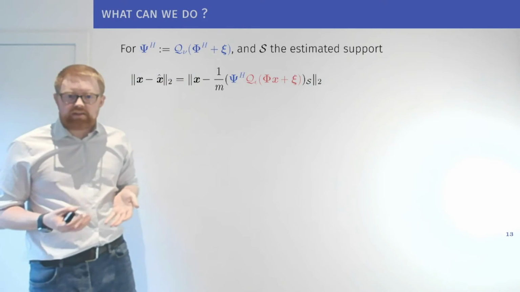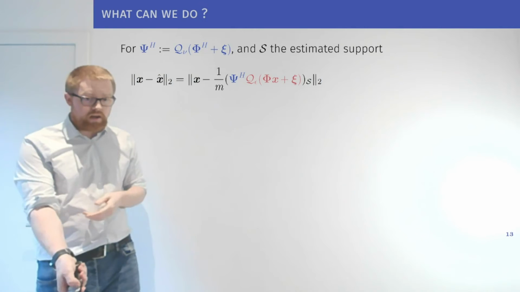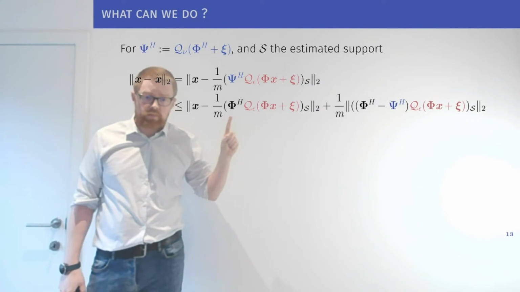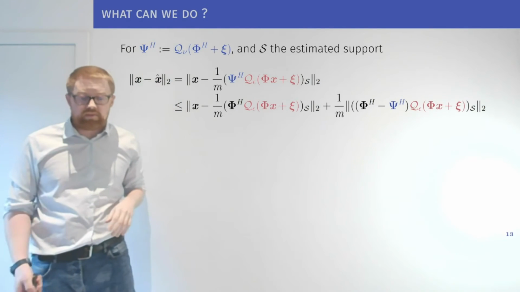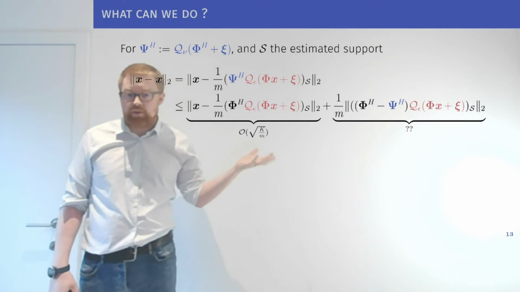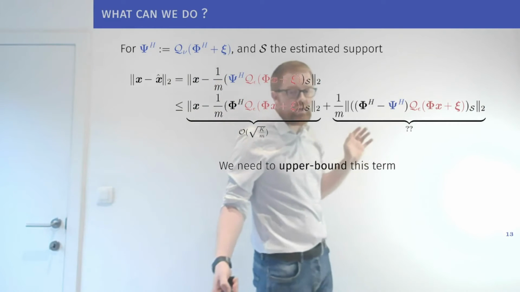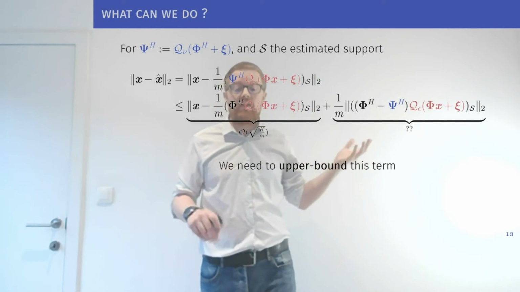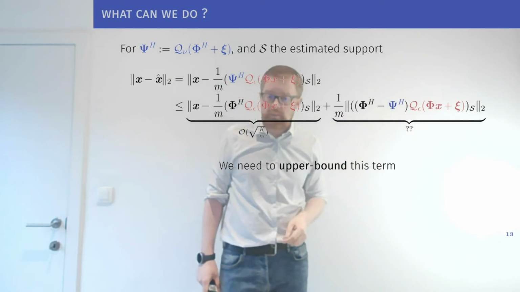The first thing that one can do is to come back to what you already know, which is what happens when you have a high resolution back projection on quantized data. So this is the BBP algorithm that we've seen. And we know its behavior. We know how it will scale: it will scale as the square root of k over m. And now the last thing that we need to do is to upper bound this term, which is like a discrepancy between your high resolution processing and your low resolution processing.